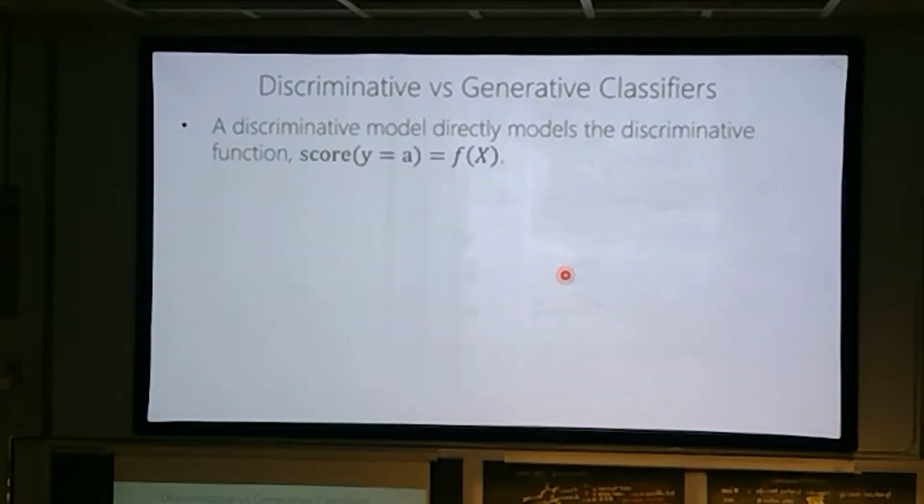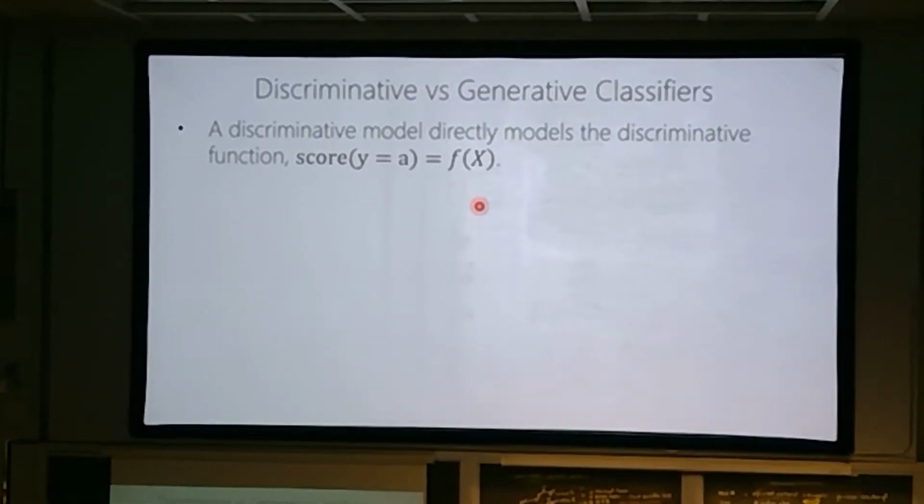Yeah. So, right, and just to reiterate, the discriminative model kind of directly models a discriminative function. So for example, in logistic regression, you compute W times X, and that's kind of a score of how much you believe the first class is likely to be true, and then when you normalize it, you get the sigmoid out of it.